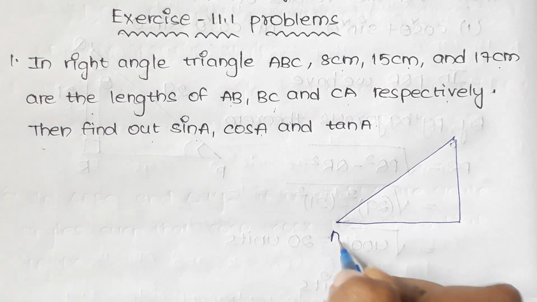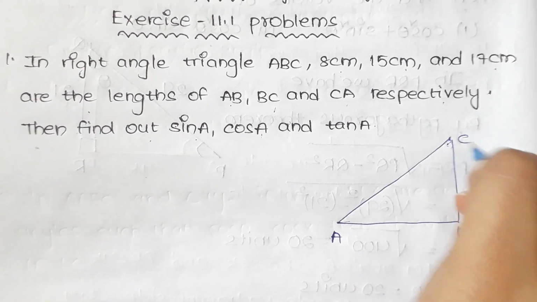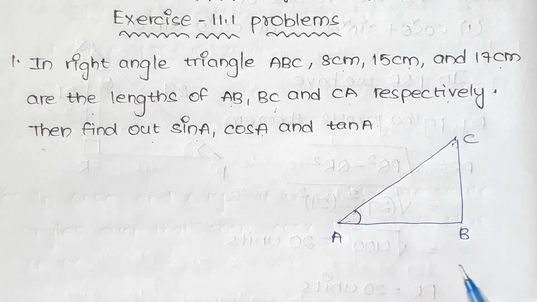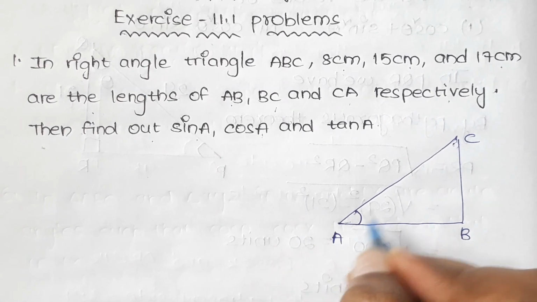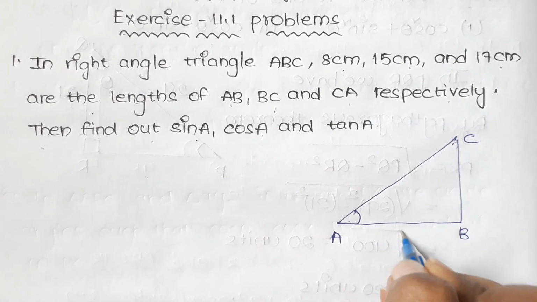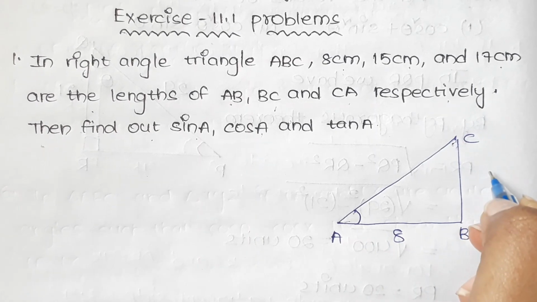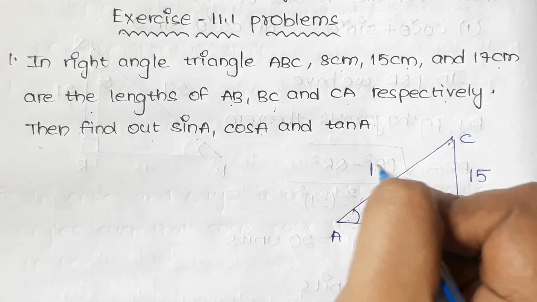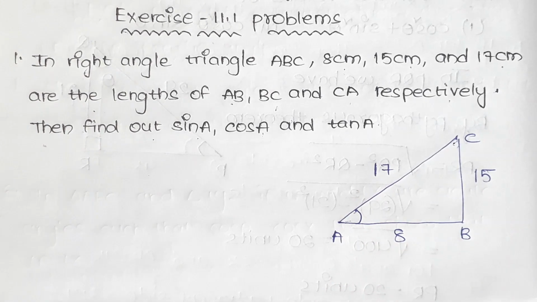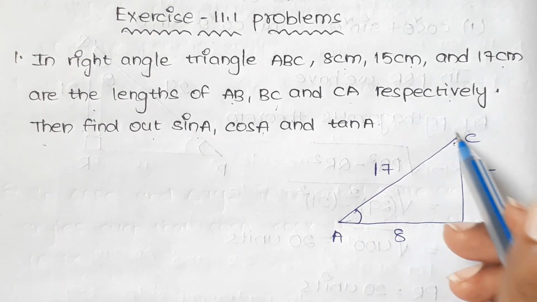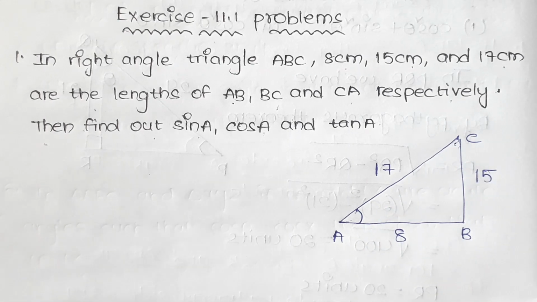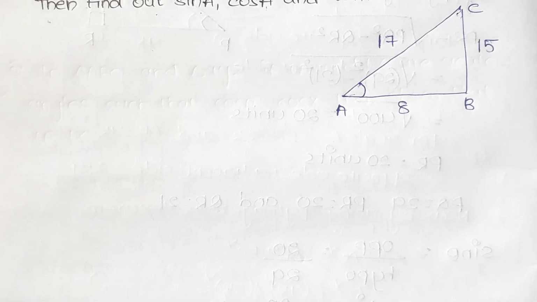It is the triangle ABC and the right angle is at B. Here given AB is 8 centimeter, BC is 15 centimeter and CA is 17 centimeter. Here AB is the side and BC is the side, and here AC is nothing but hypotenuse. And from this given data, now we will find